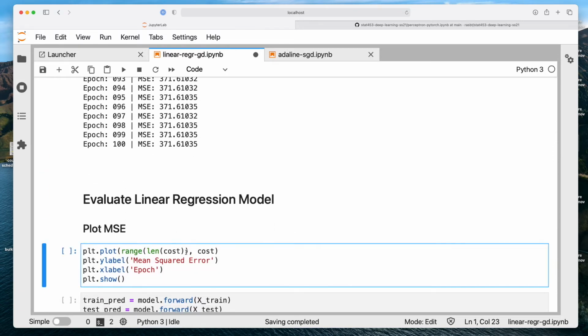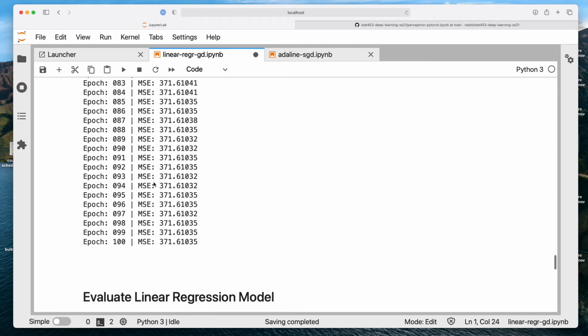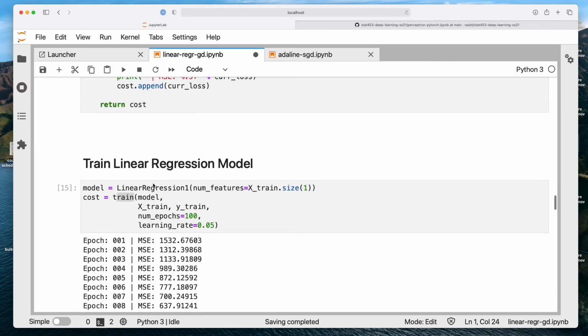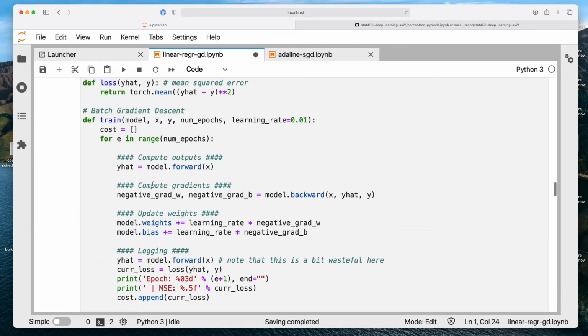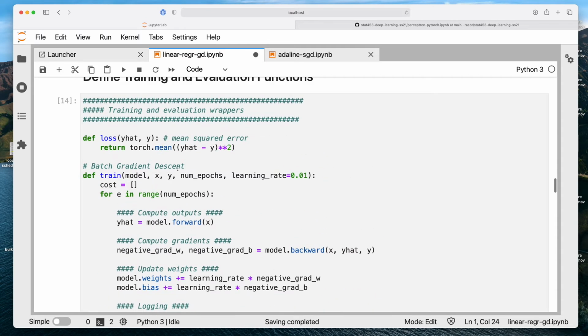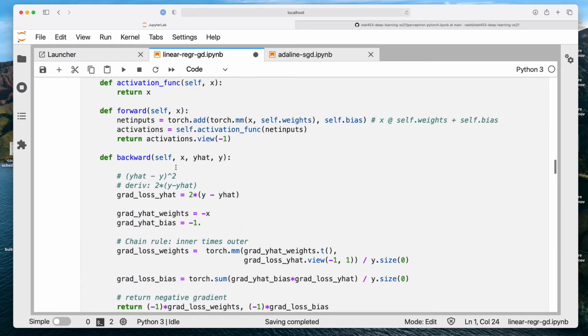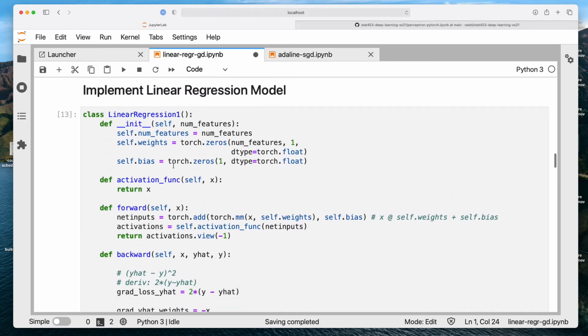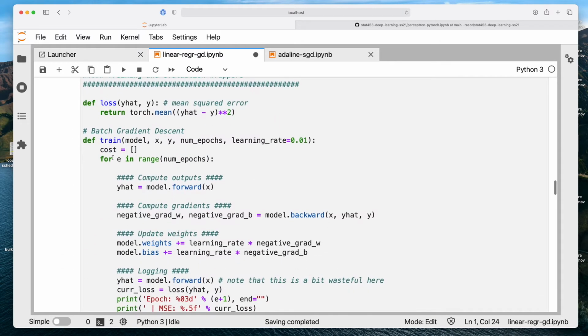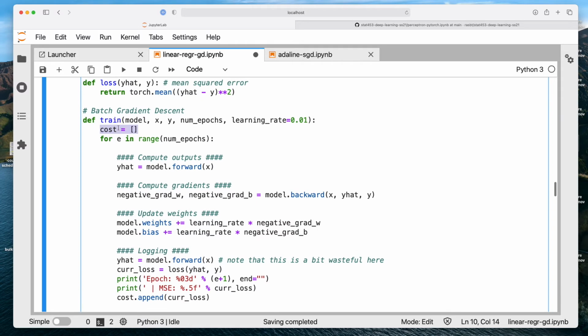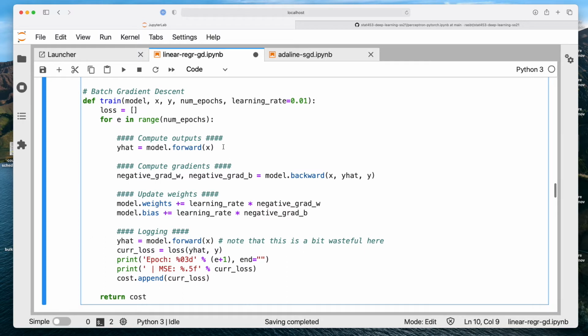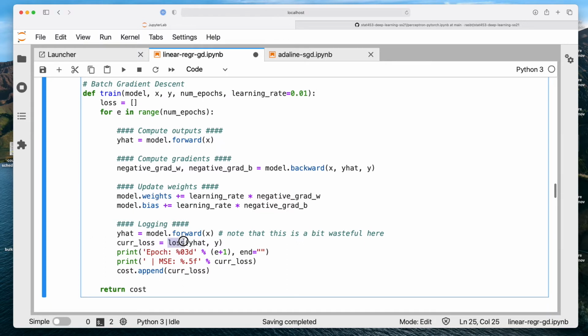So let's plot the cost now, because remember I was keeping track of the cost, which is the loss over each epoch. It's just to not confuse the loss for the stochastic gradient descent with the one over the epoch, but it doesn't really matter. The terms are usually used interchangeably. Here I have the cost. We can also call it loss, actually. I think I have a loss function that is called loss, which is why it was confusing. Okay, let's leave it at cost here.